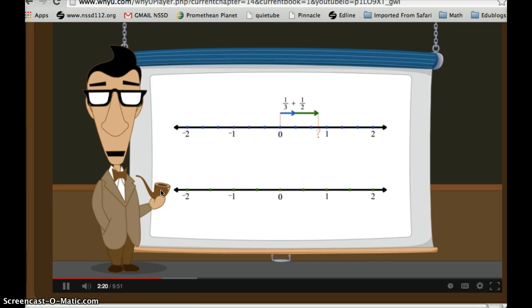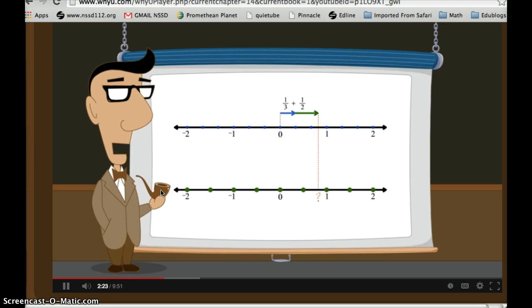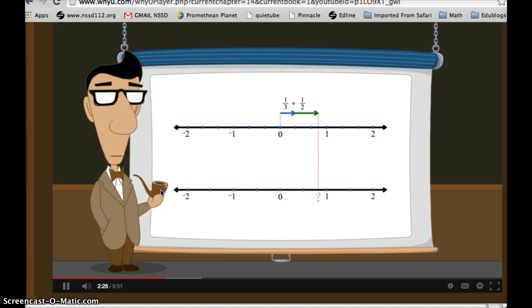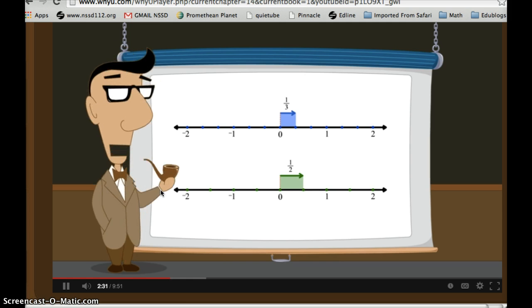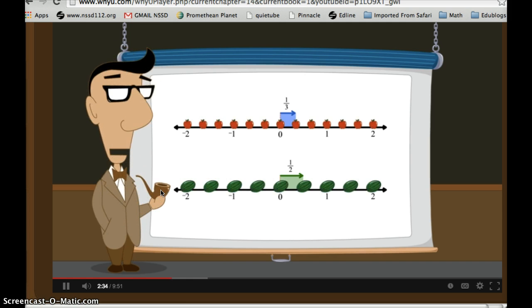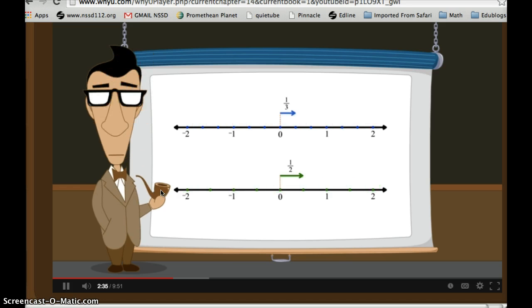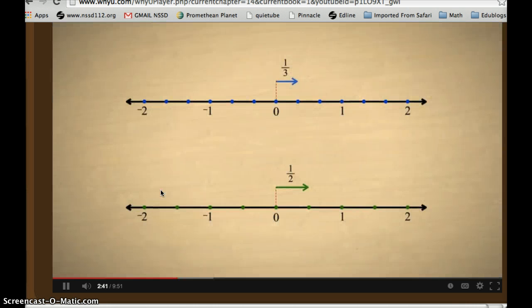This is true whether we use 3 divisions per unit or 2 divisions per unit. Since each fraction is expressed using different size divisions, it's like trying to add apples and watermelons. The solution is to create new divisions which will work for both fractions. We need to divide the unit length in such a way that each fraction will fit perfectly into these new